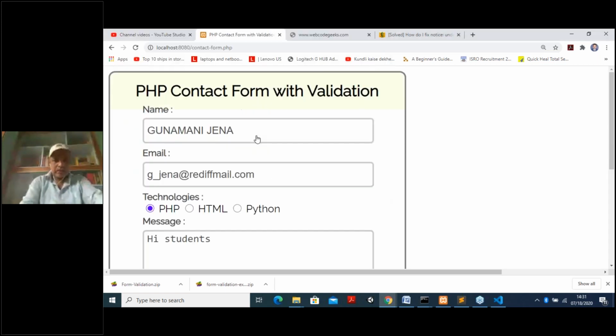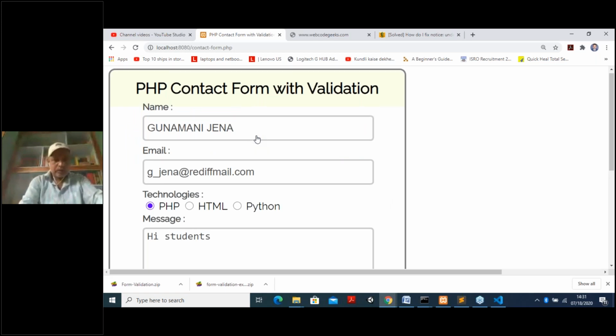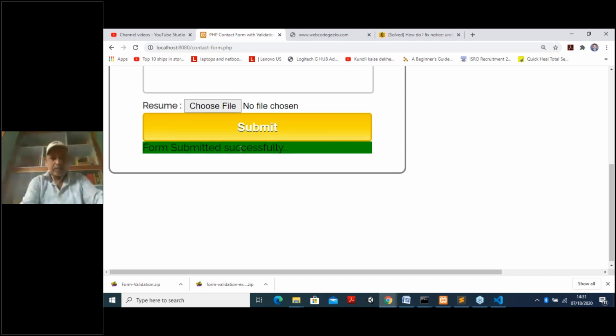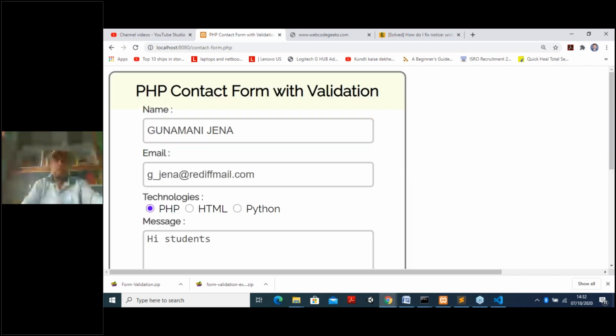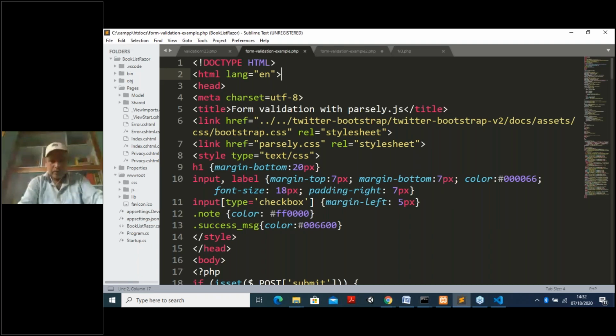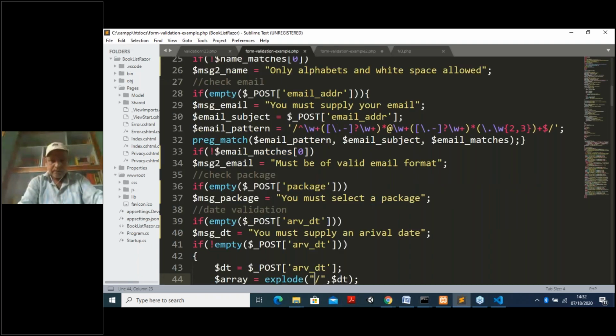If I submit, what is it showing? All the fields are okay, and at the end, in the green background, you can see form submitted successfully. So now this is a small validation, and I will explain this part also, the HTML part also. Try to understand this. You can modify something, suppose whatever modifications you want to do, you can do it here. If you don't want all things, so instead of Python I want Ruby, you change it, nobody stops you.